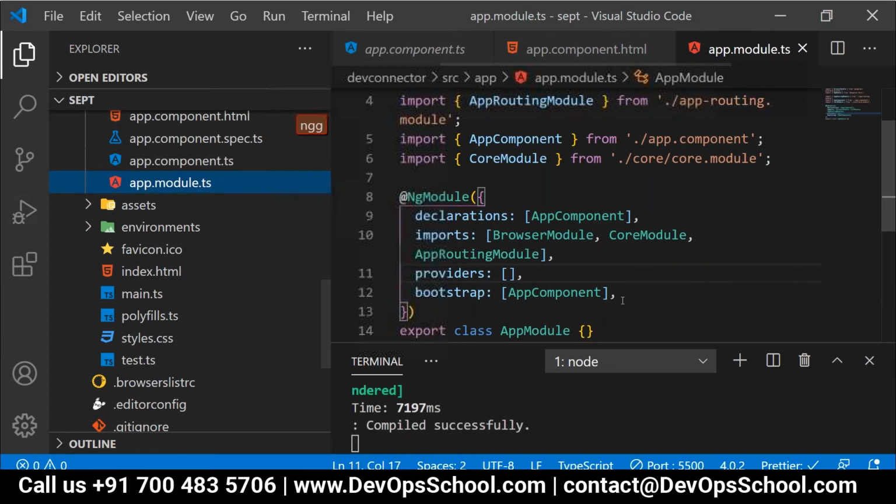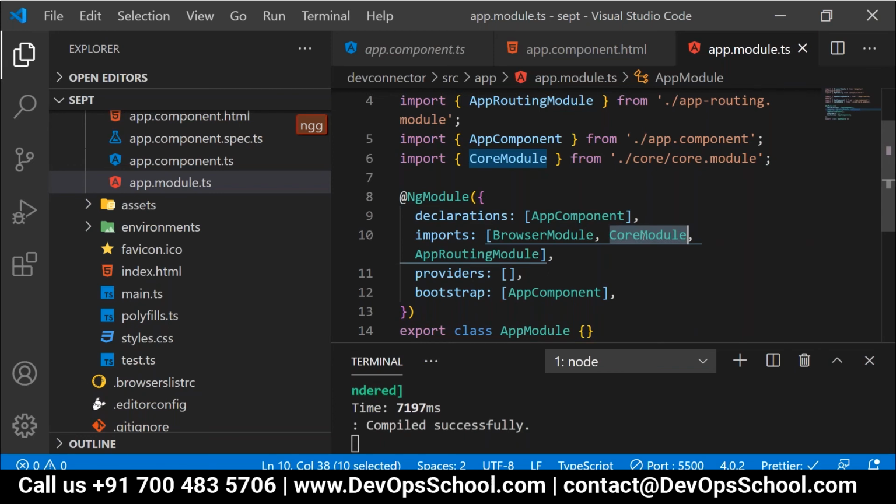At that time, what it will do is it's going to check into the declarations part. In the declarations part, people, is it able to find out the header component? We were getting that error earlier, correct? It's not a part of this module, correct? So here we got to know that it's not able to find any header component in the app module. Then what it will do? Then it will start reading this imports part. Now, will it get to know about the core module now?